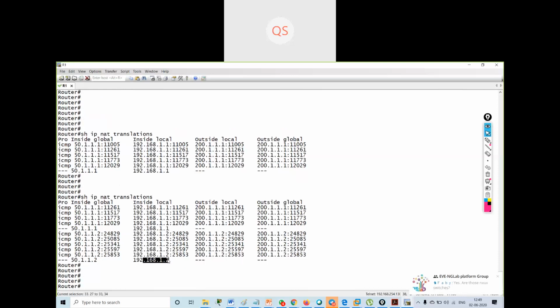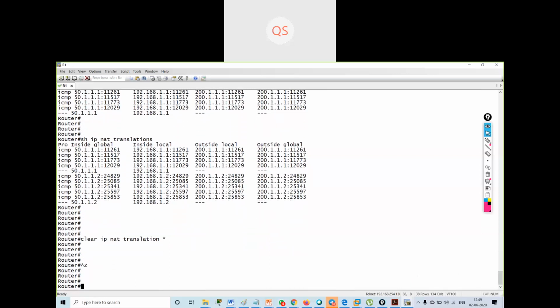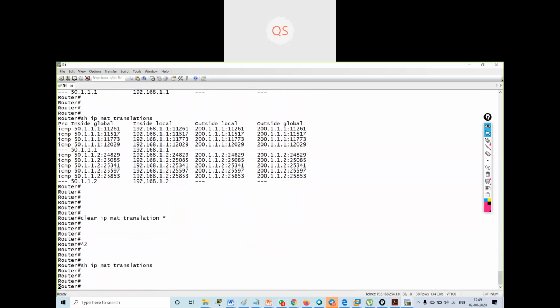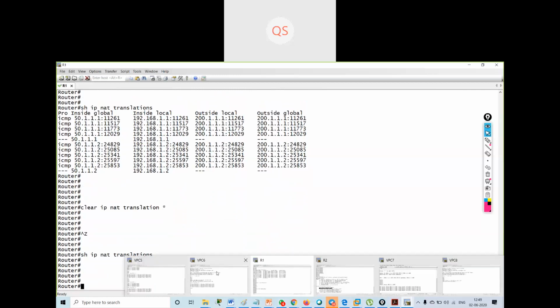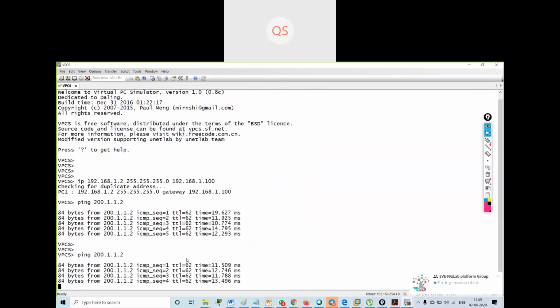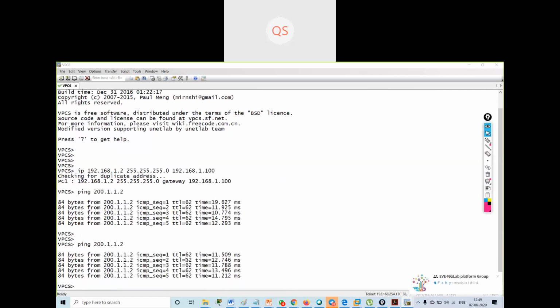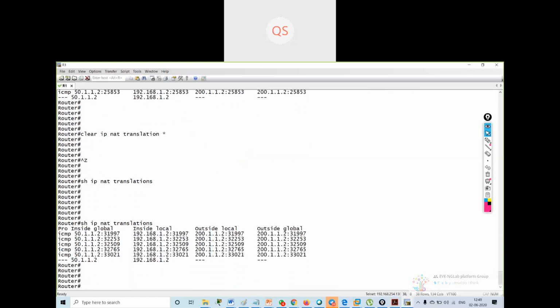Now I will clear the NAT translation. The NAT translation has been cleared. Now I will ping first from PC6, then check my NAT translation. See, it has been assigned the same IP address.